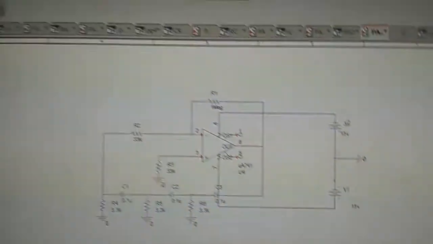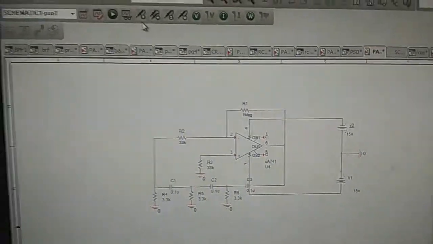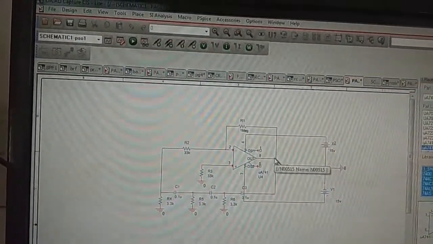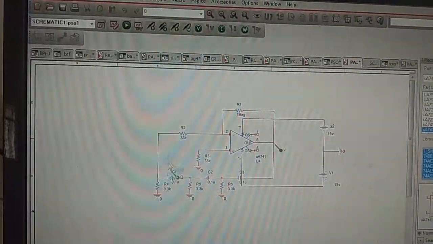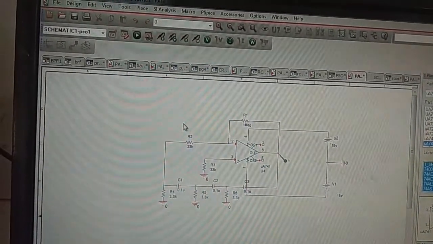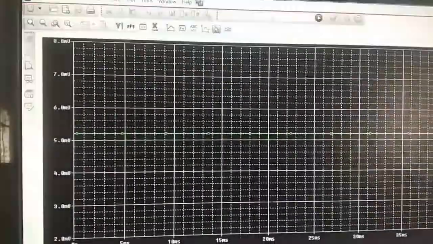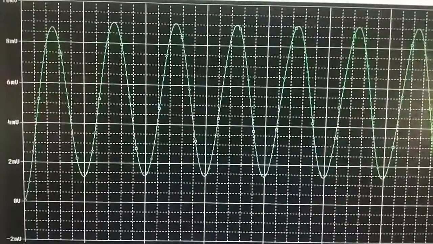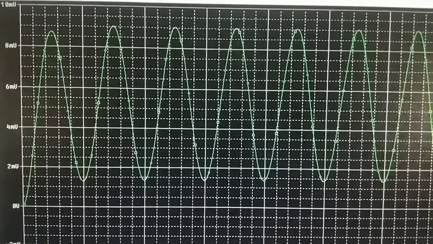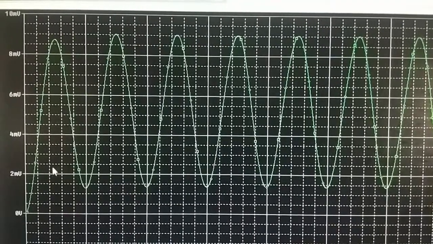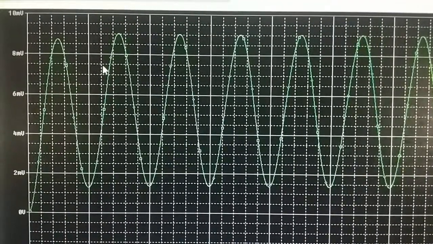Then we need to place the voltage probes at the output. We'll place the voltage probes at the output and run the simulation. Once we run the simulation, we will get the response of the oscillator. We can see a sine wave is generated at a 50 hertz frequency.